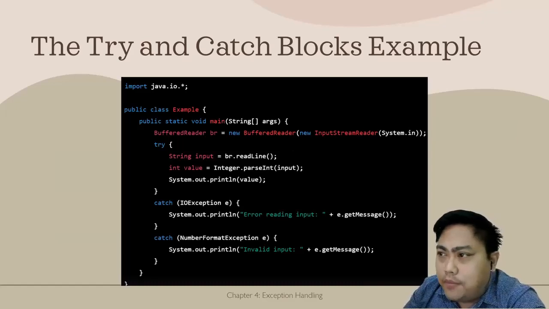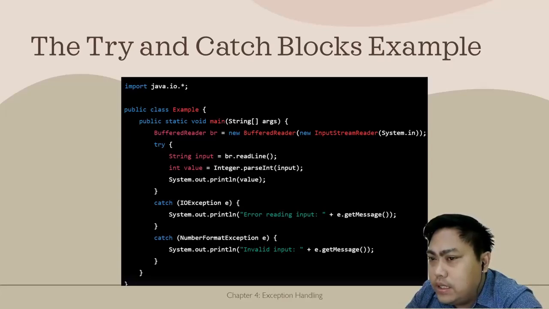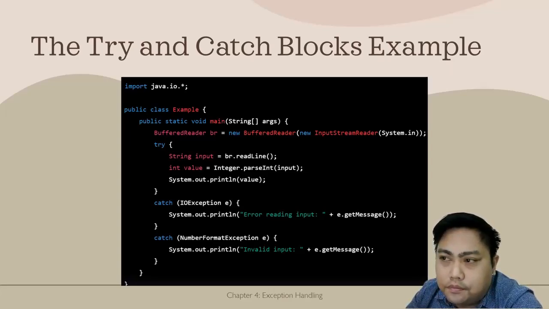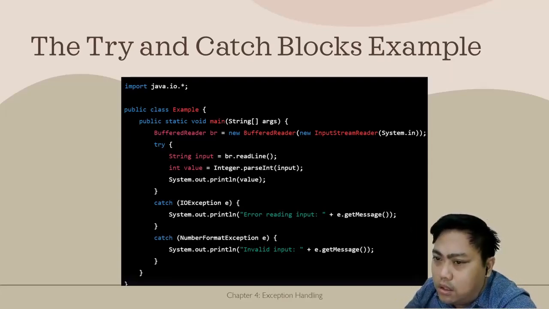So let's see this example, the try and catch block example. In this example, the main method reads input using a buffered reader and attempts to parse it as an integer. So we try to convert the value into an integer. If an input output exception or a number format exception occurs during the execution of the try block,